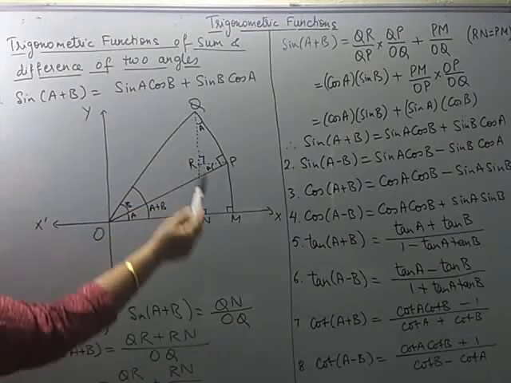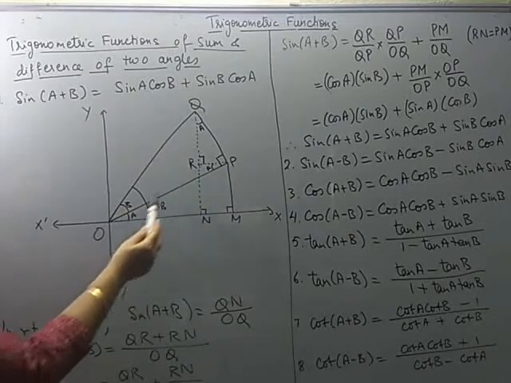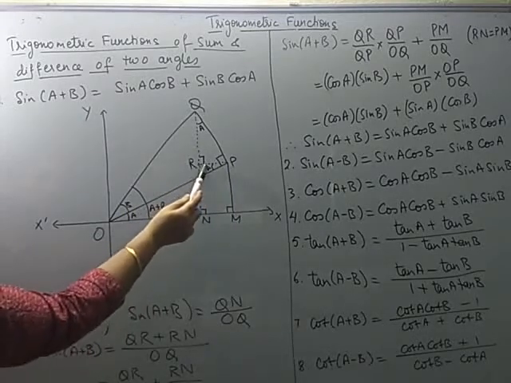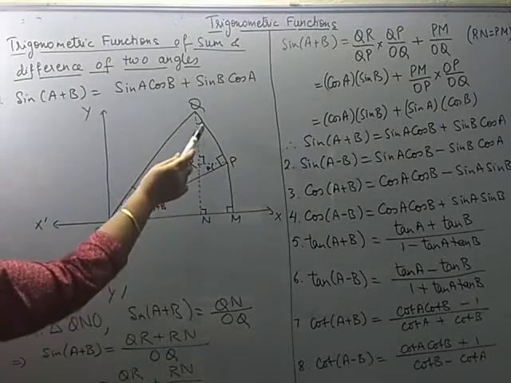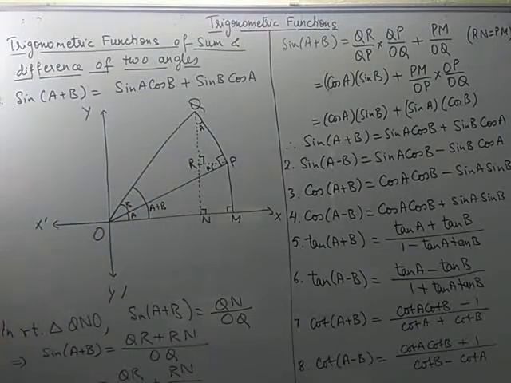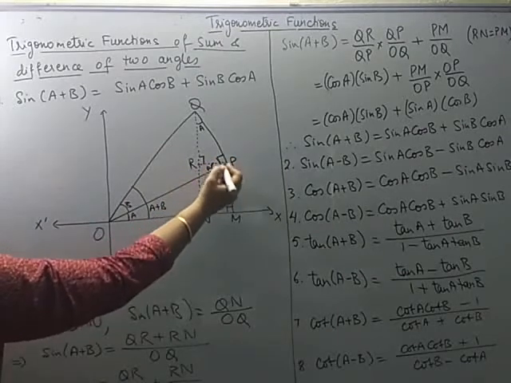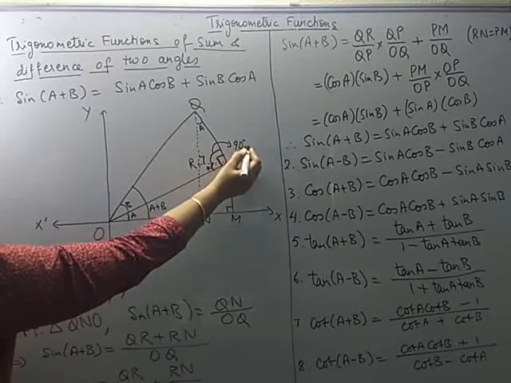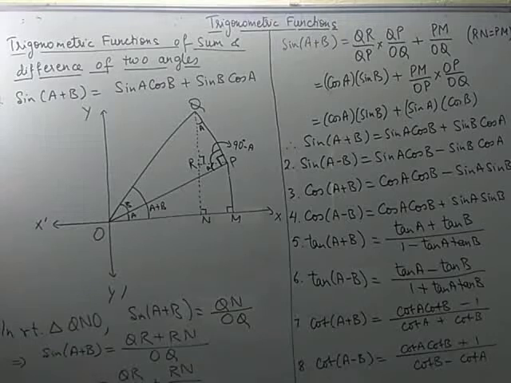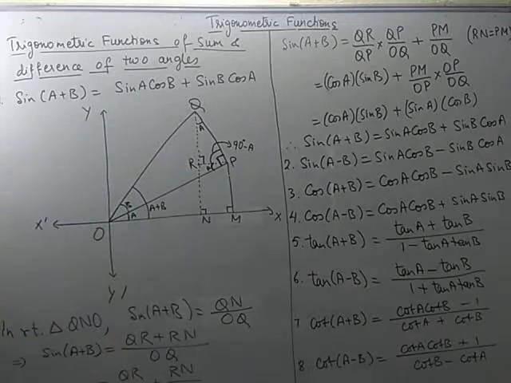See this line RP and this x-axis, they are parallel lines, and OP is a transversal. So alternate interior angles will be equal. So if this angle is A, this will also be angle A. Now using this we have tried to define angle Q also. Now see carefully, if this is angle A and this entire thing is 90 degrees, then what is this remaining part? This will be 90 minus A. Understood? So this angle is 90 minus A, this is 90, so this angle has to be A only, because the sum of the three angles will be 180 degrees.